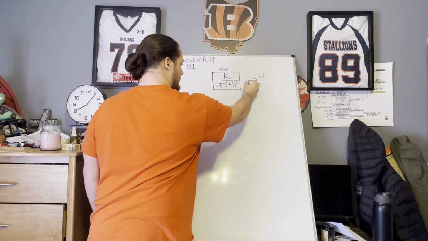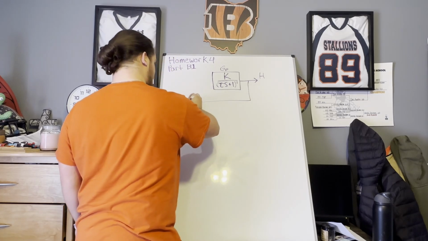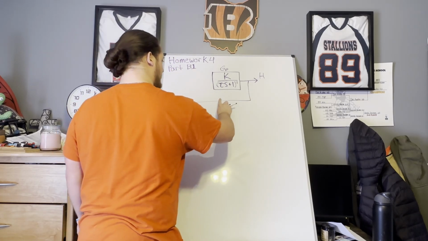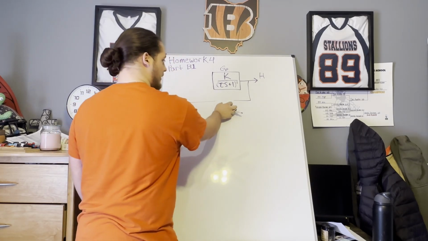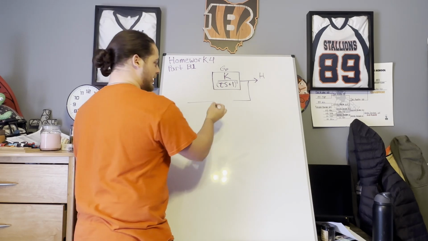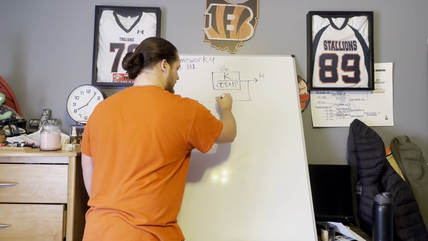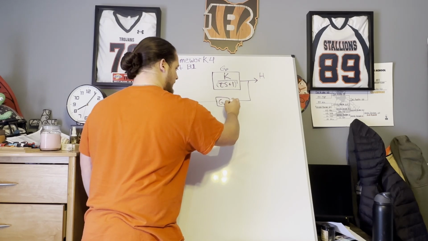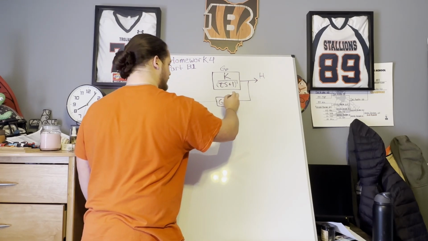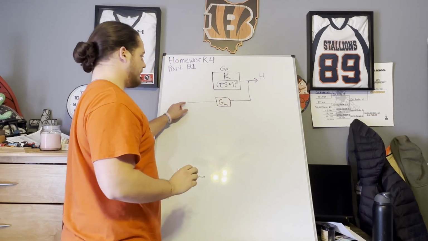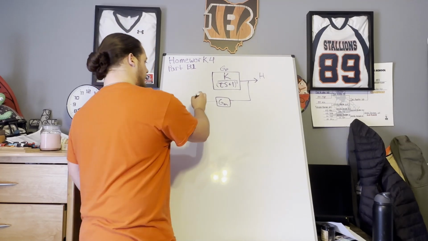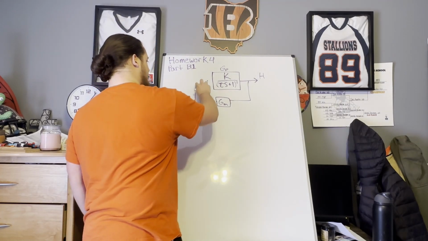So in our feedback control loop we have some measurement device, and we can call this our GM. And then moving up from our measurement device, we will